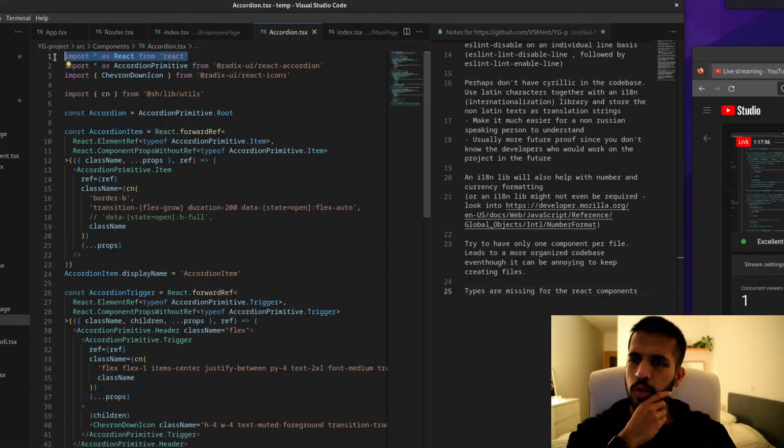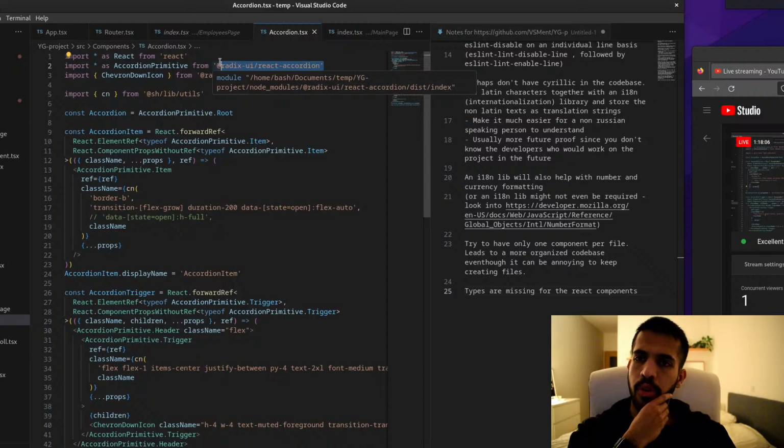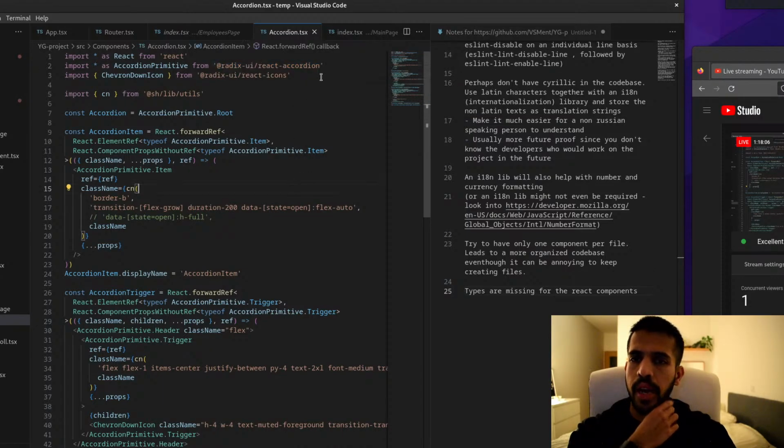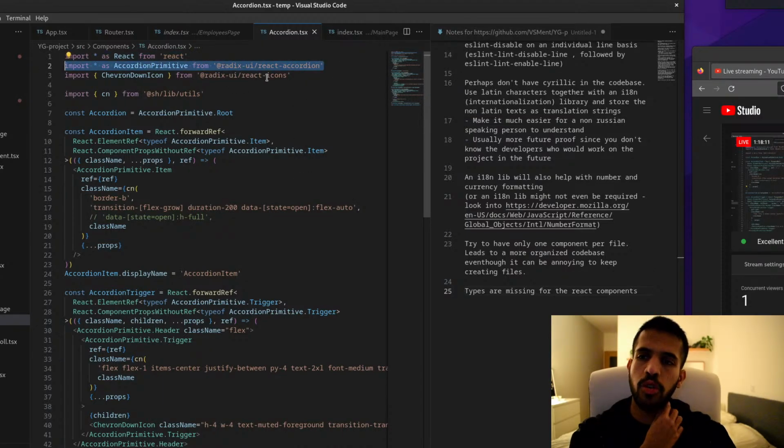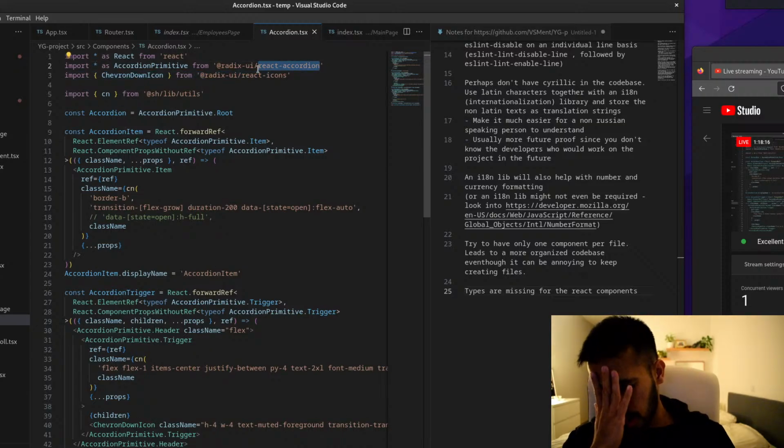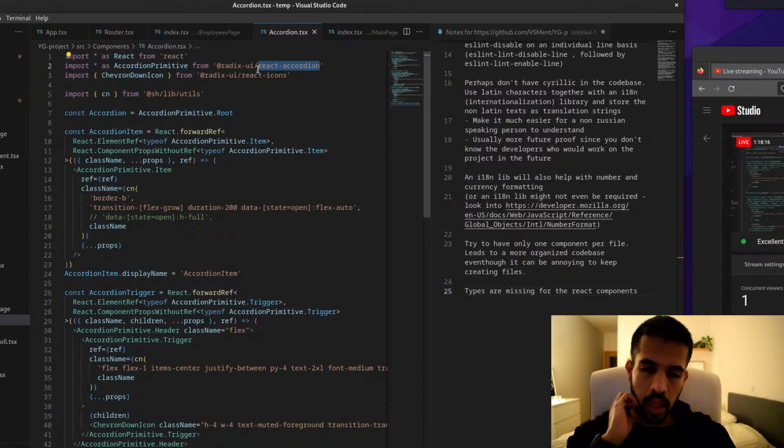Probably don't do this, because when you do this, you end up importing the entire library. I think Radix UI encourages you to do this, because Radix UI is a modular library, so for each portion you can import the whole thing.